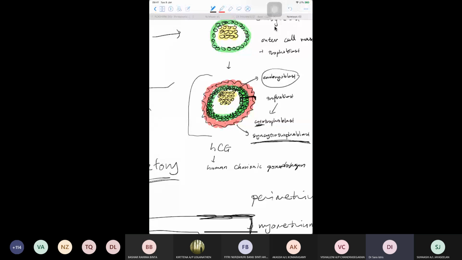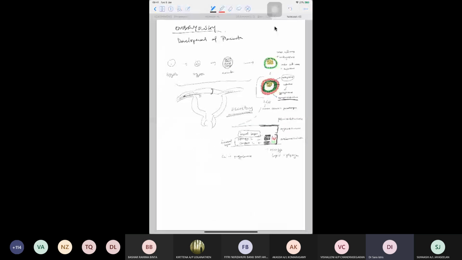So the syncytiotrophoblasts will produce HCG, and this HCG will go to your corpus luteum to tell your corpus luteum, hey, don't die, please continue to produce progesterone so that you can support myself. You can support the product of conceptus to embed in